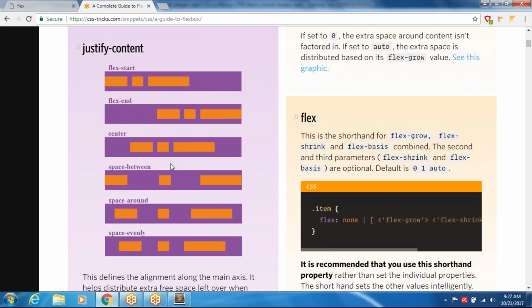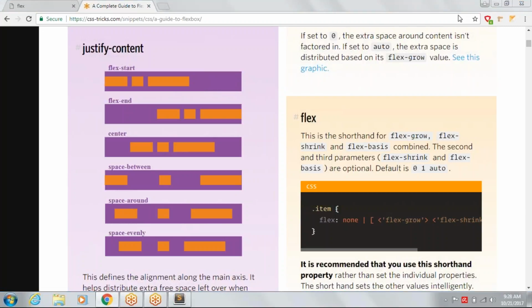Space between, in the sense it's going to provide some space between each and every element. And by the way, you have to observe that the first and last element doesn't find any space at the borders. That is space between. Space around means it will be